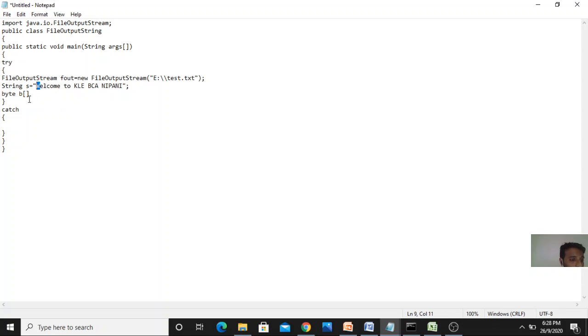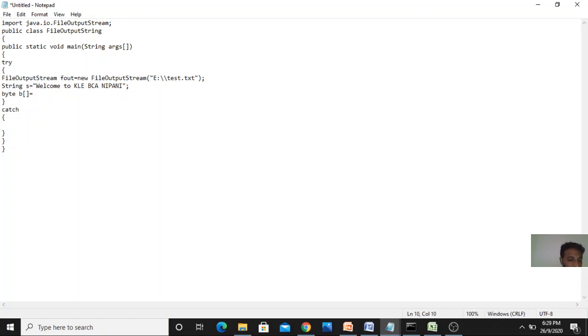So I have created an array variable of byte, b, and into the array I am storing each character of this string. Array b now contains the value Welcome to KLE BCA Nippani.